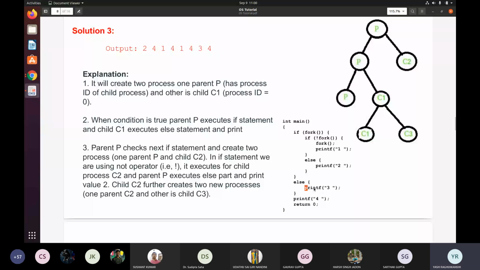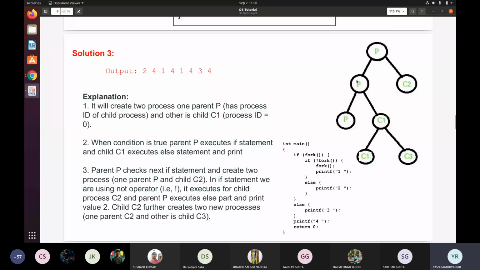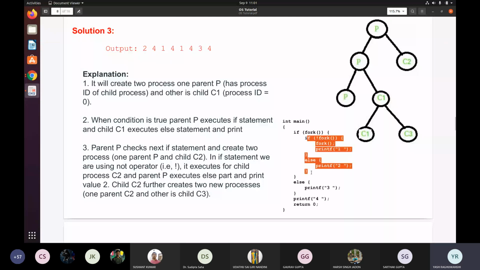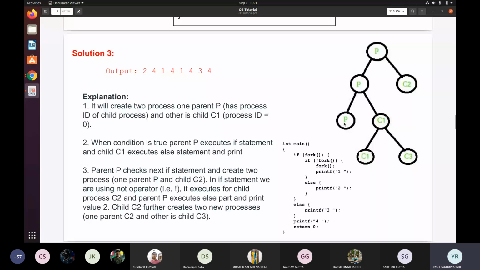But for this case, the PID of the child will be in the parent process. This is positive, so the condition will be true, and it will go inside this block. Here there will be a not-fork. What that means is that whatever happens in the normal fork will be reversed. So the child process will run, and for the parent process it will go to the else part. If it is the parent process, its PID will be greater than 0, but not of the parent, not of that will be 0.